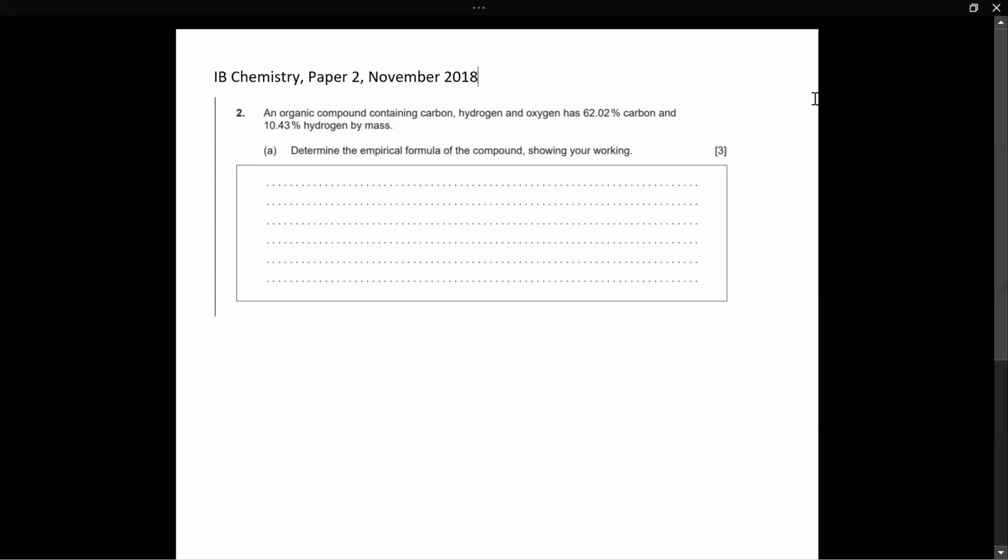I've seen them come up. And as you can see, they are worth a lot of marks. 3 marks for one question. That is very rare to see in the IB chemistry exams. But that tells you how important this is because this is a very important concept which can lead you to